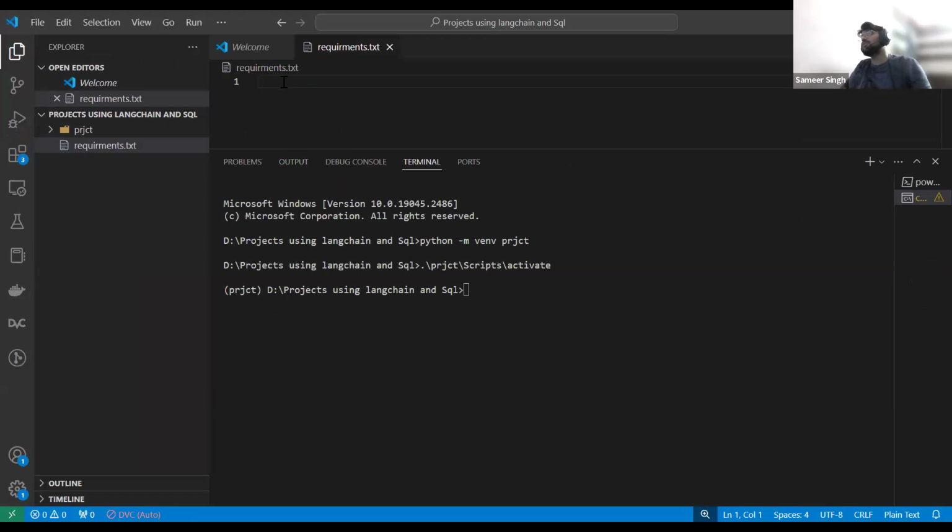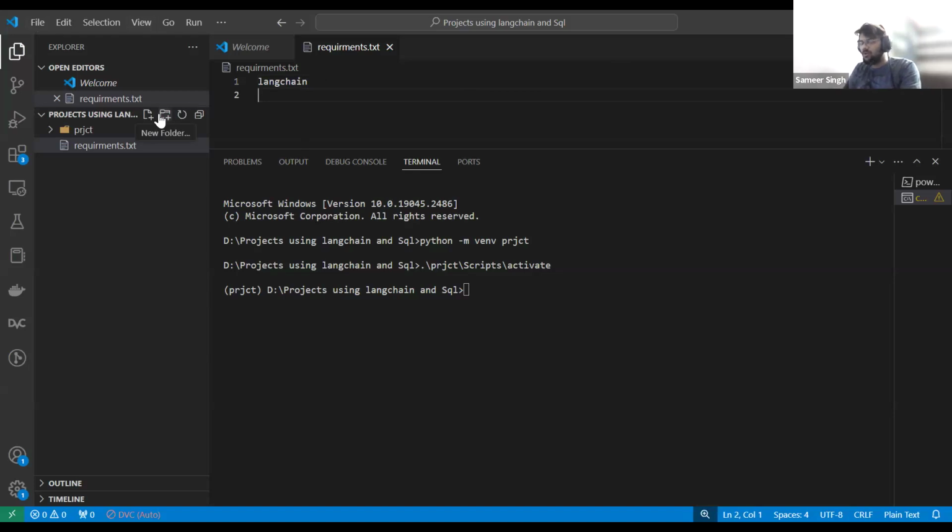So let's see what libraries we need. Very first we need LangChain, right? Because this is the framework which we are going to use. Then what else do we need, guys? Apart from LangChain, I don't think we need anything else.